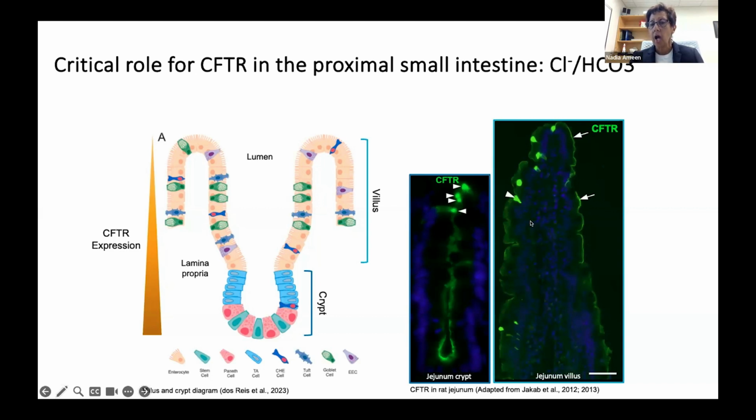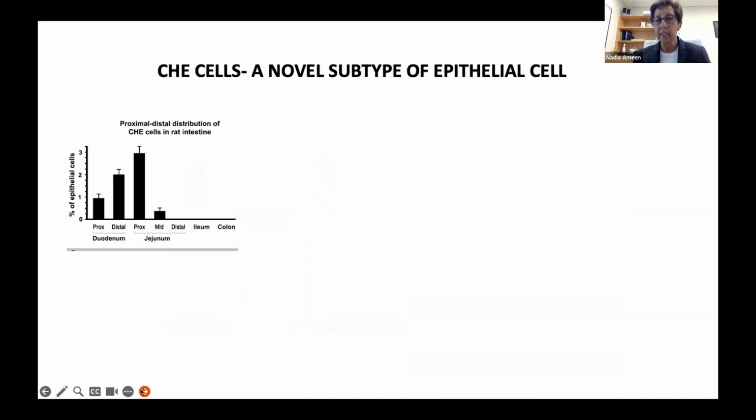Now, others, including Lane Clark and our group, and Zach's group, have shown that villus epithelial cells secrete bicarbonate through CFTR. So it's an important segment of the intestine, where you have higher acidity, and CFTR plays a crucial role in that part of the gut because of its important function in bicarbonate secretion. So what are these cells? We have collected a lot of data now to support the notion that these cells are a novel subtype of